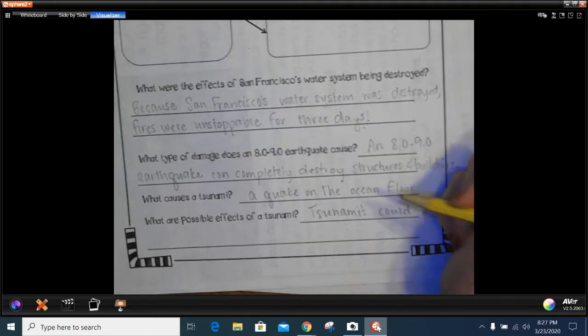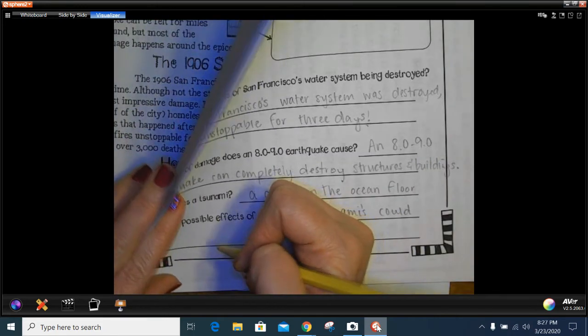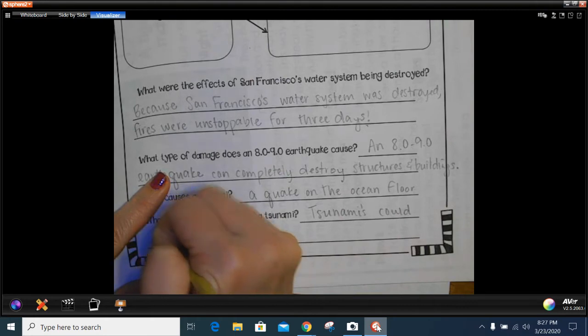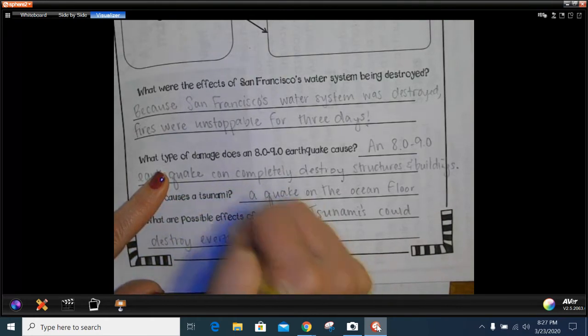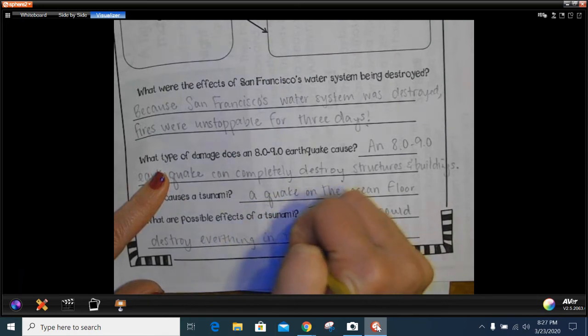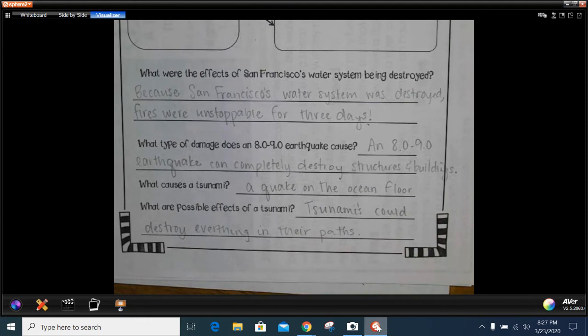Imagine that. Tsunamis could destroy everything in their paths. All right, guys.